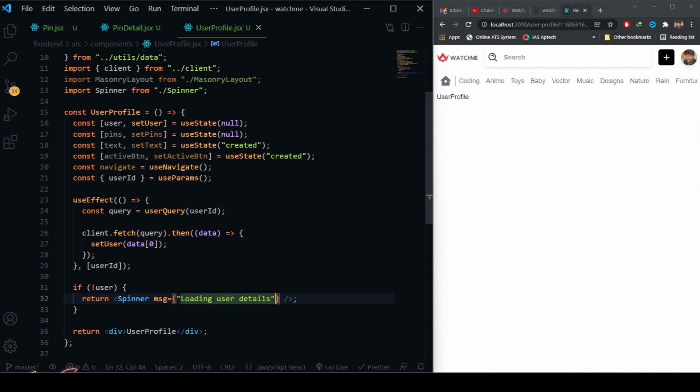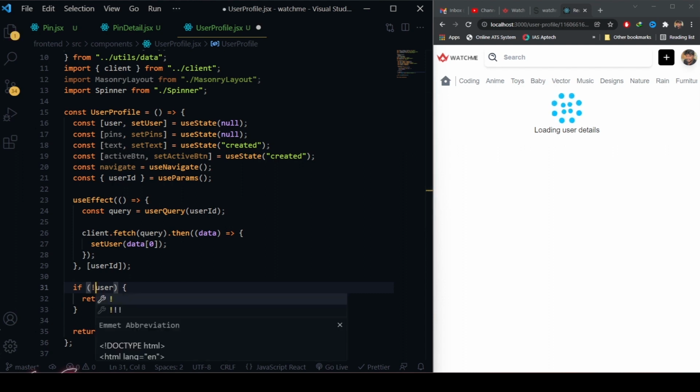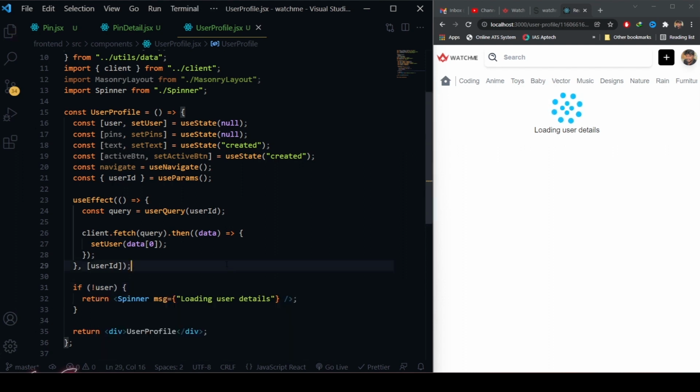Save the changes. Currently we have the user information. So if I remove this not, if there is a user, it will be loaded. If there is not, only then we need to load this. So we have the user, so it's displaying this message. So we currently have the user information. So let's start